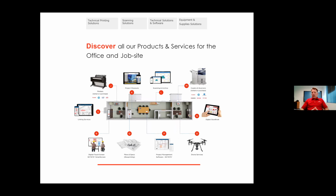What I wanted to go over today is give you a picture of basically a job trailer, because everything that is done in the job trailer is done in the office, and we help develop the job trailers based upon what we can provide to the customers to help increase productivity out in the job site. So how we have evolved with our customer as a vendor provider